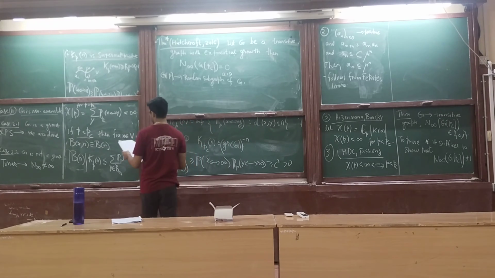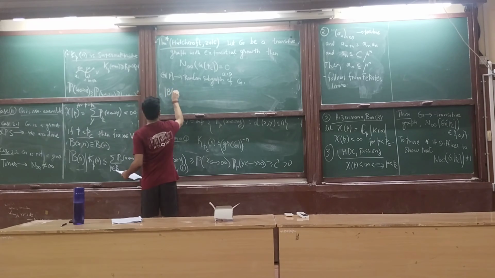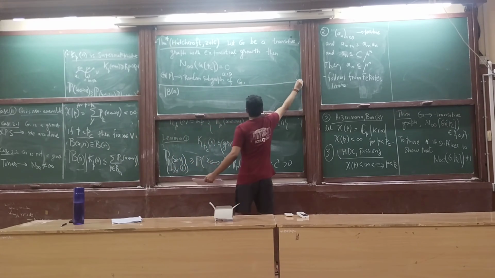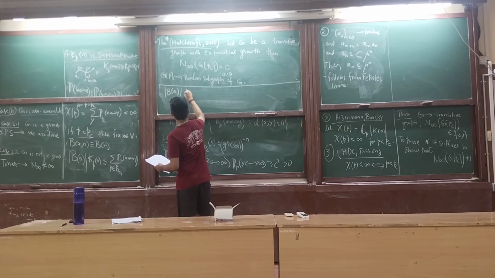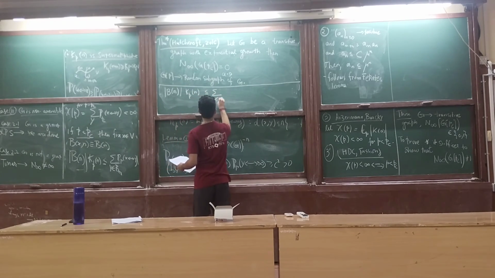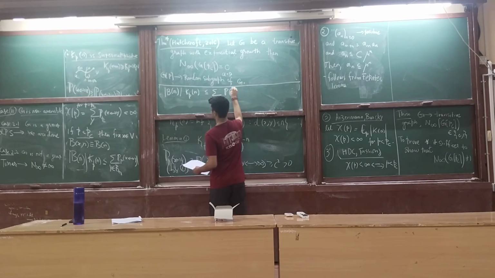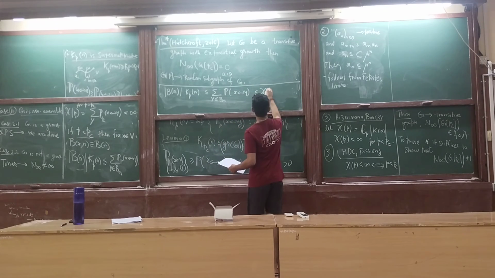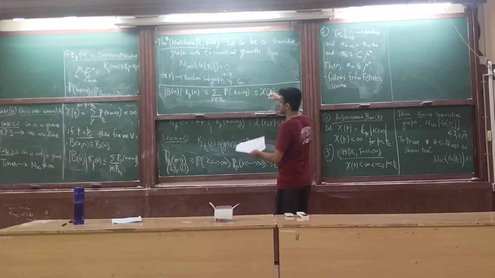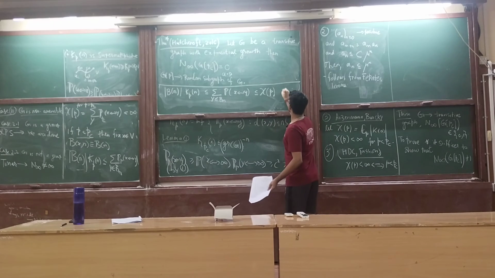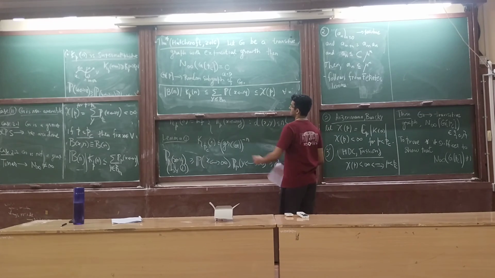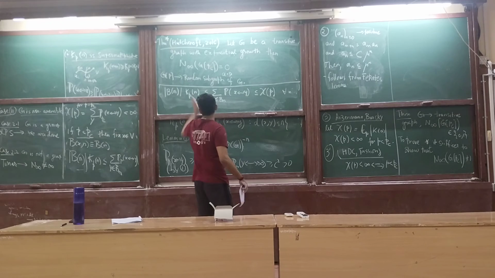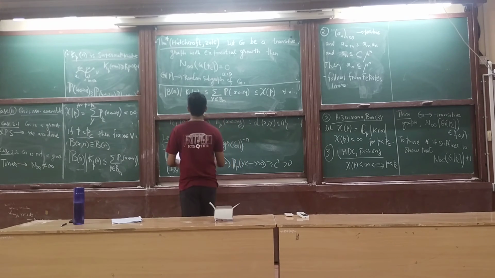So now what happens is that we've shown that Bn times kappa Pn is less than or equal to the summation, which is less than or equal to chi p, right? Because I'm just summing over more things. So this is for all n. This is less than or equal to this thing. So therefore, this thing is less than or equal to infinity, and we get something like kappa p of n